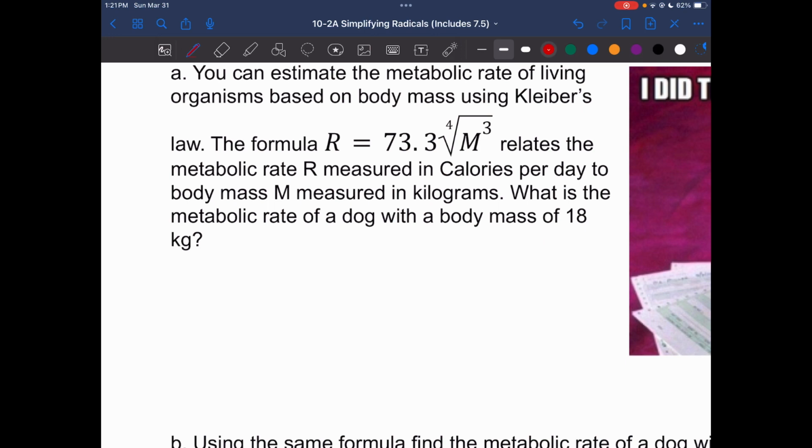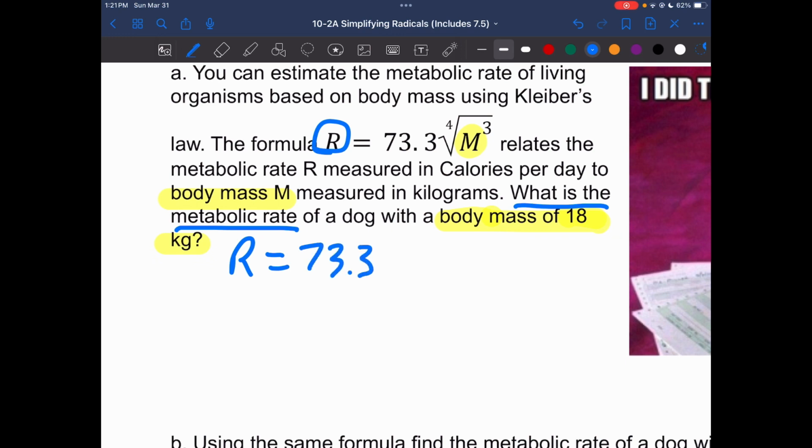Okay, so our most important piece of information here, let's highlight our word problems. We've got a body mass of 18 kilograms, and we know that body mass is M. So we're going to substitute that in. What are we trying to find? We always look at the last question of the setup, and it's saying, what is the metabolic rate of a dog? So that is what we're trying to find. We're trying to find the metabolic rate. So let's do this. So R is equal to